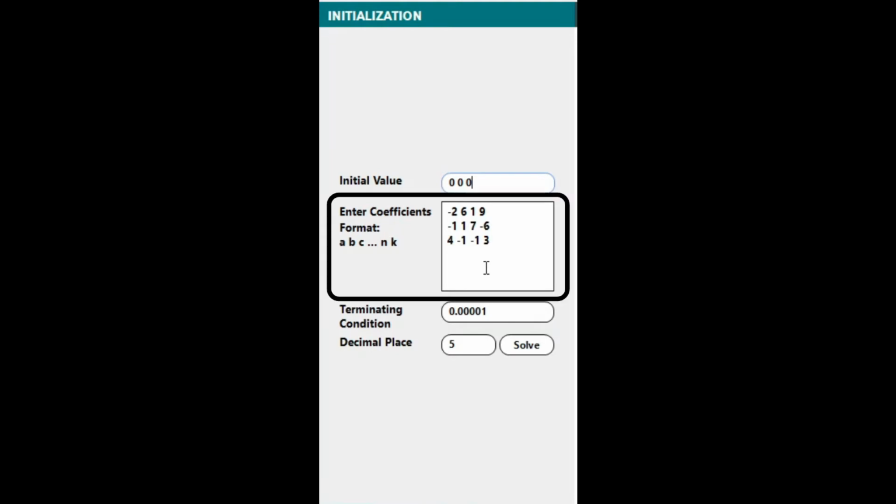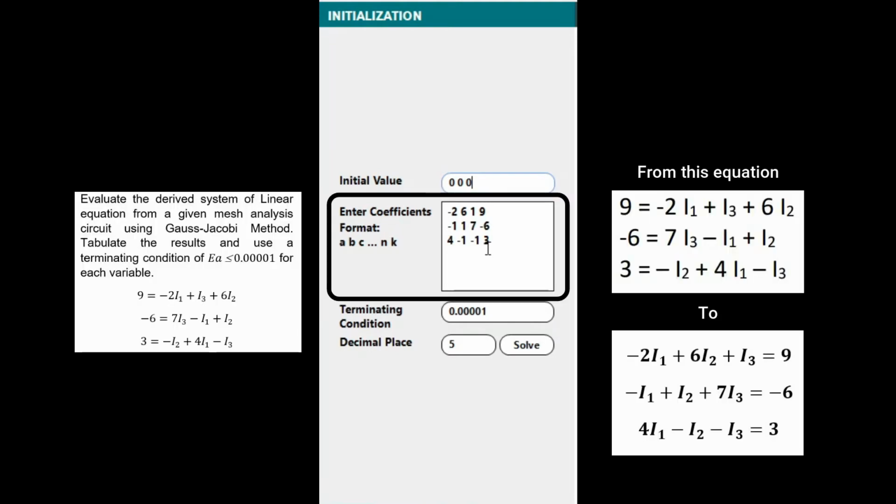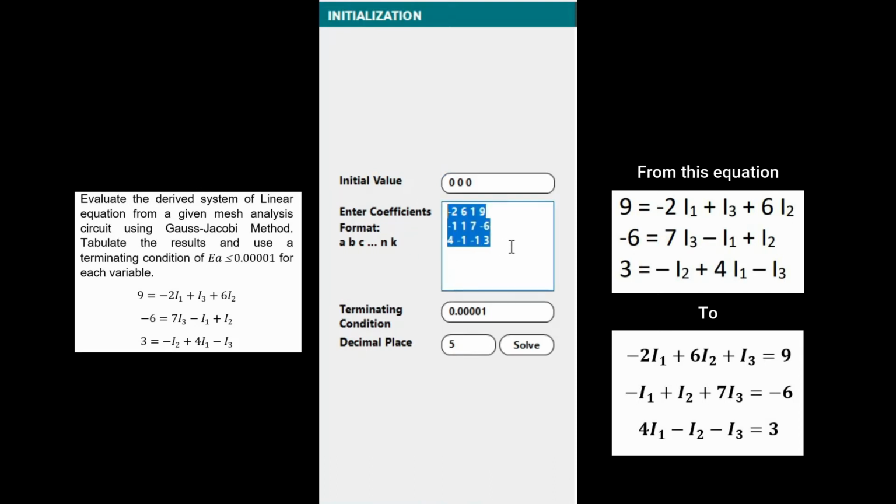Second, before we input the coefficients, make sure that the variables are arranged to their level accordingly. Let's say we have an example here highlighted on the screen. The -2 for the x0, 6 for x1, 1 for x2, and 9 for the constant, and